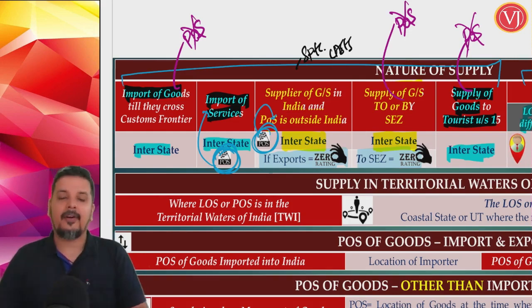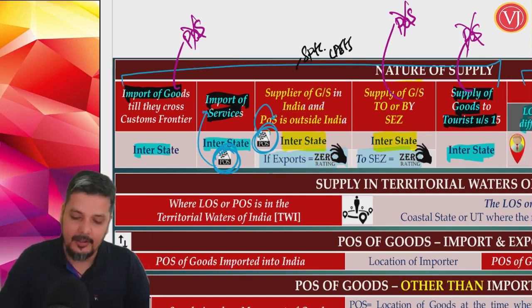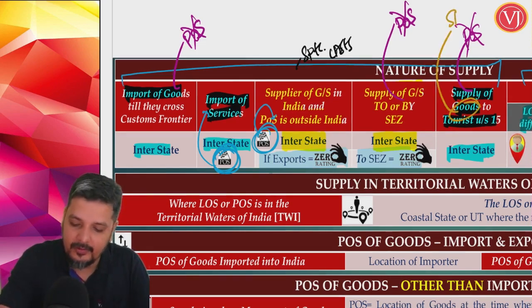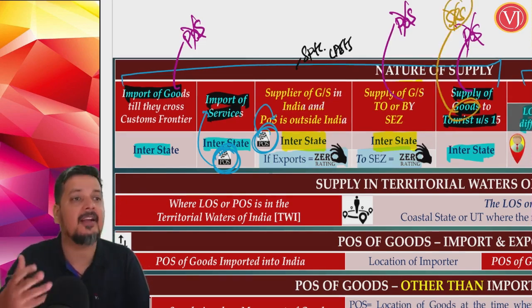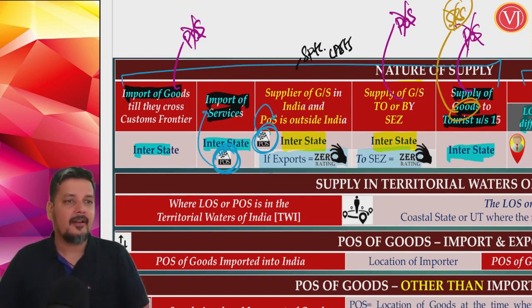Out of these 5 special cases, please look at them carefully. There are 3 cases where you do not even need to find place of supply: import of goods, supply by SEZ or supply to SEZ, and supply of goods to a tourist. And be very careful, here it is only supply of goods to a tourist. You are not talking about services. Services will not be taken back, they are intangible. Only goods will be taken back by the tourist. So it is supply of only goods to